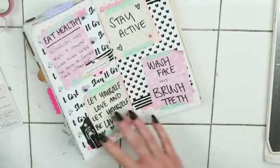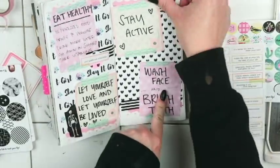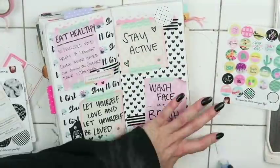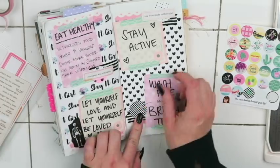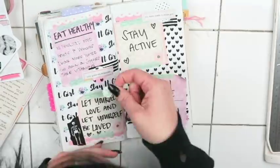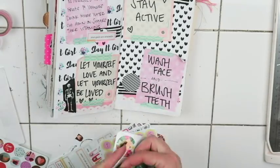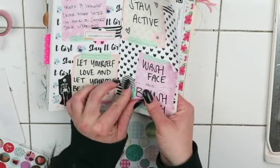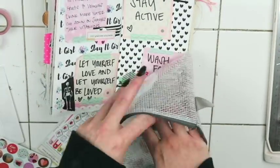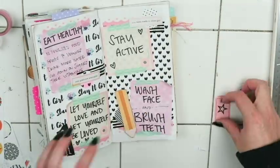It takes me a while, but I use some kind of layering circles from the Reset Girl, some of these little label affirmation kind of things, which are really cute, and I think they match really well with like the cuteness and the badass kind of inspiration of Serena's collection, the Papercakes paper and embellishments. So it just takes me a while to kind of figure out how to layer all the stickers and everything. Eventually I'm gonna put a chipboard little colored pencil and call it good, because I was just looking to finish